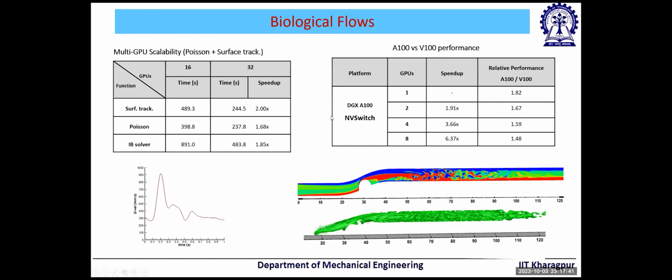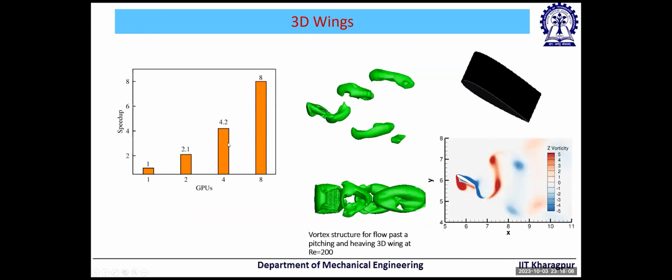We took this problem to solve biological flow in a stenosed arterial wall, and we can see that in the DGX system with nearly 60 million cells, we got around 6.3 times speed up, and the relative A100 to V100 performance is around 1.5 times. So A100 performs 1.5 times faster than V100, and we have chosen a 300 million cell problem for flow